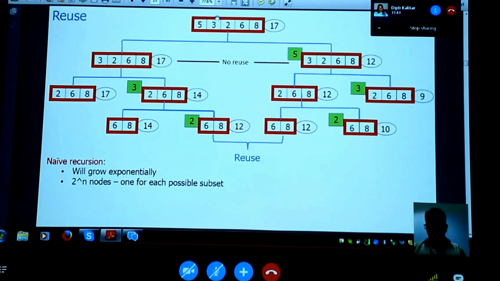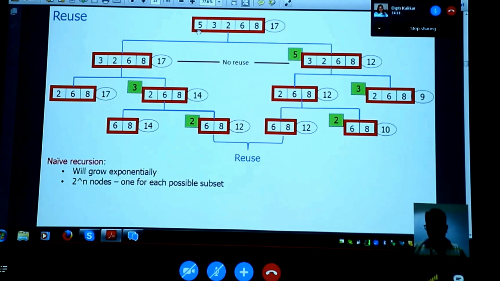The 6, 8 branch. And what is this target? This target is simply the choice you have made here, subtracted from 17. That is how this target comes about, right? 5, 3, 2, right? So you picked 5. So you subtract 5 from 17. That is how this 2 comes along. Whereas this 6, 8 node corresponds to this choice: picking 5, don't pick 3, pick 2. So you have already accumulated 7 from there. That is how this 17 minus 7, 10 is sitting here.